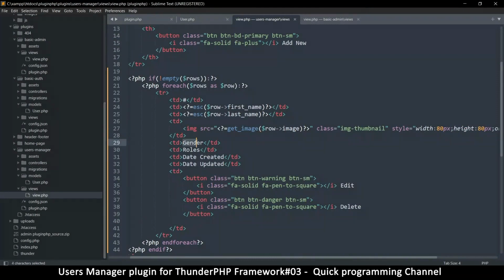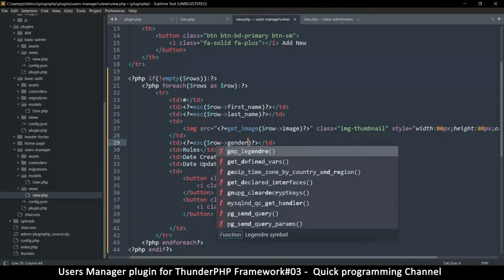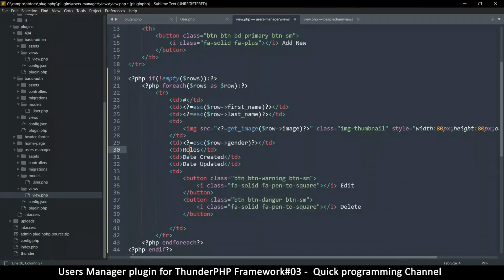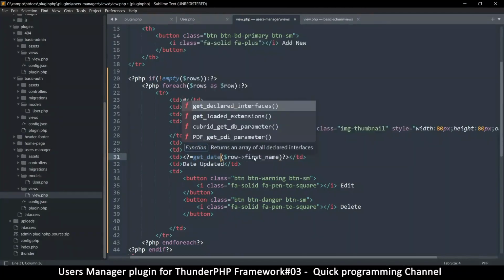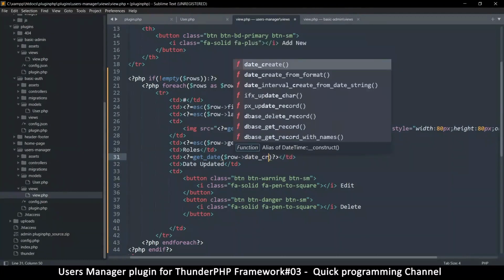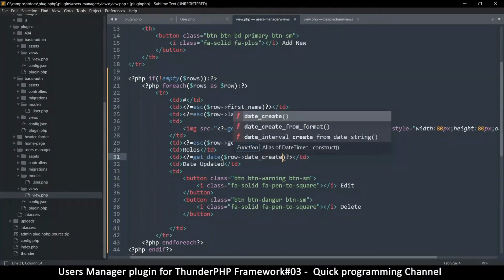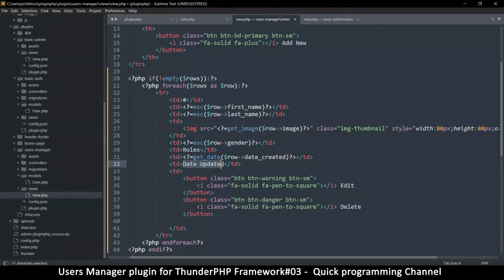Okay, so with that in mind, let's put gender here. We don't need the escape here, but who knows. User rows, we're going to deal with that in a minute. And here we'll say get date, like that, and then put date created, and date updated will be similar to this. So let's do that, date updated. Alrighty then,